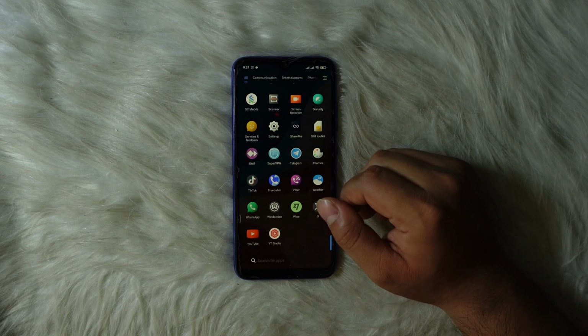How to fix Telegram app crashing on Android. Welcome back everyone to this new tutorial video. Now if the Telegram app on your Android device is crashing, let me show you a few solutions that you